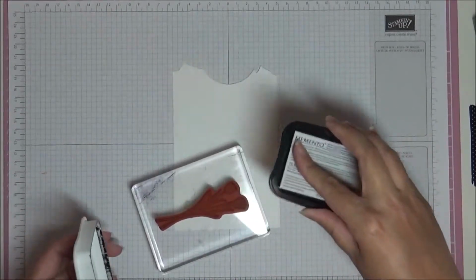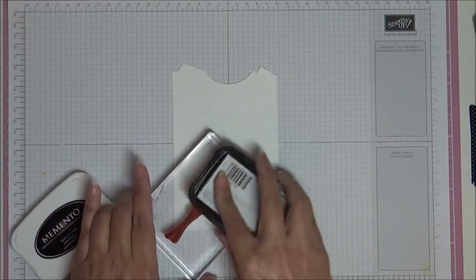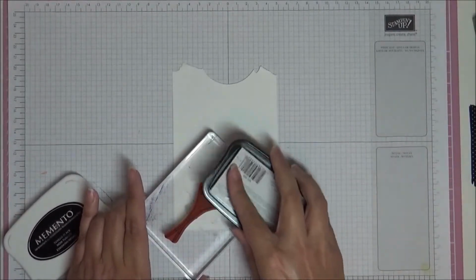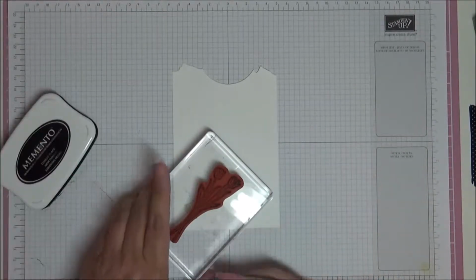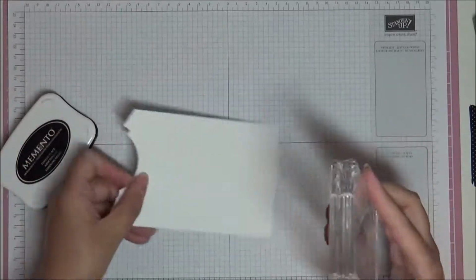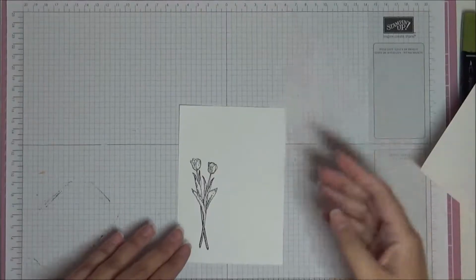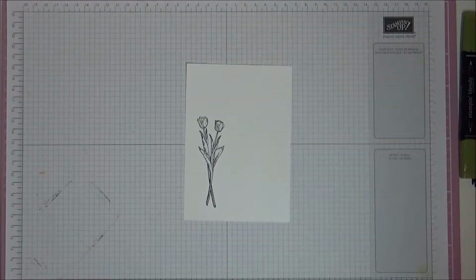I think my Memento needs to be re-inked, but we can make it work. There we go. I think that'll do, sort of. And then just going to stamp it down. So we've got our tulips stamped, so now we're going to colour it in with our blends, and I'm just going to